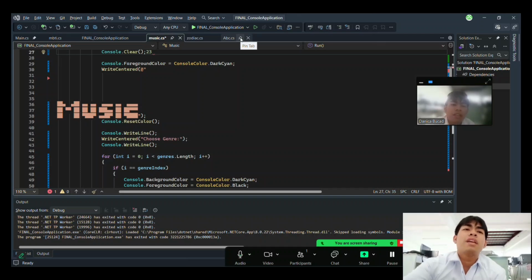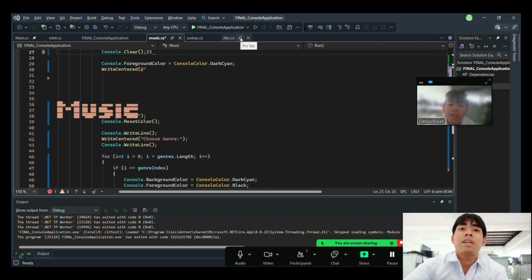So int.parse is the method we use to check whether the user input can be converted to a number. This helps prevent common runtime errors such as format exceptions, which could occur if the user accidentally typed letters. So here, if the input is not a valid number, the program can simply show a friendly message asking the user to try again and keep the application running smoothly and safely.